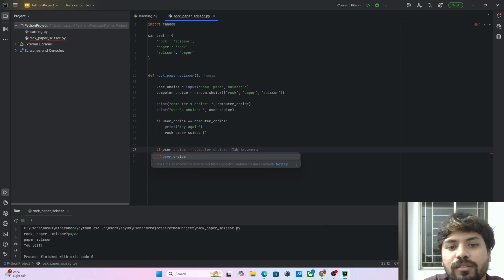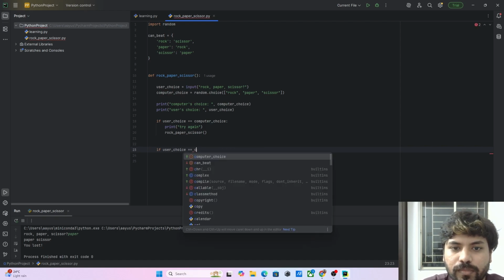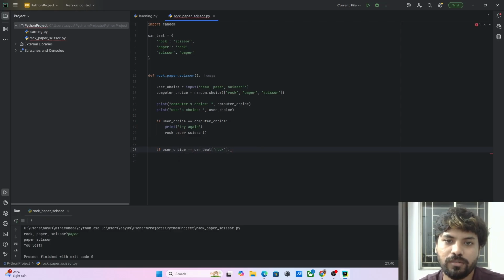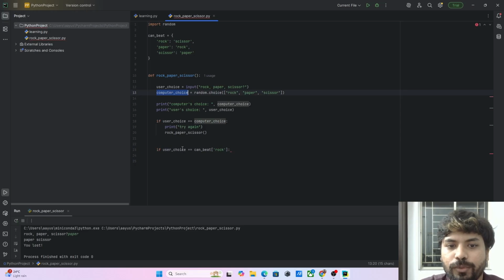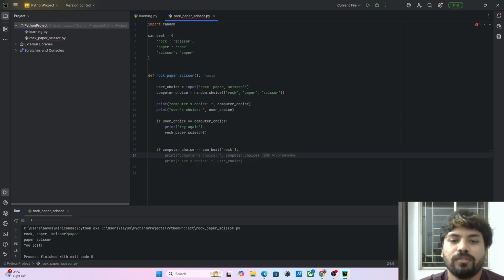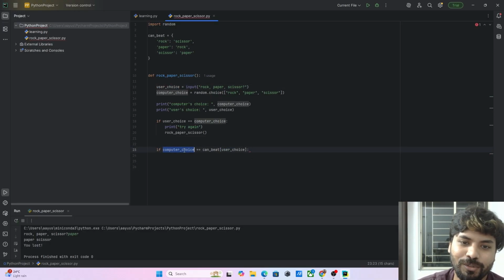So user's choice equal to can beat rock. Sorry, if computer's choice is equal to can beat rock, can beat user choice, not rock. Okay, so if this is equal,